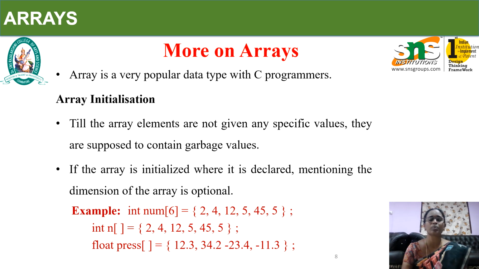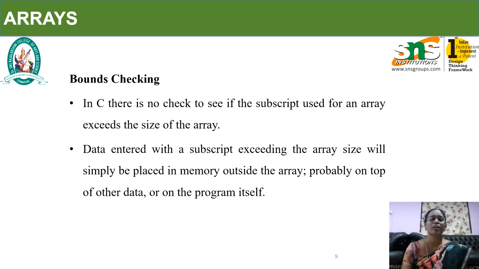That is, there is no specification of the size of an array, so that the elements can be of any size, but the data type should be similar. The boundary here is the greatest disadvantage of using an array in C programming. In C, there is no check to see if the subscript used for an array exceeds the size of an array. Say, for example, if the size of an array is 30, if I give 32 elements, there is